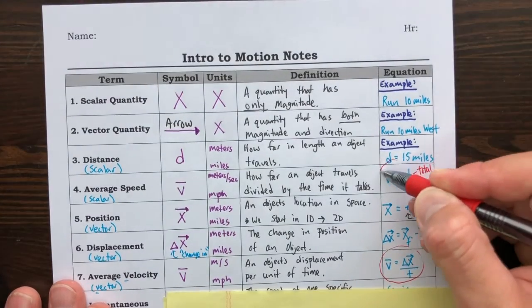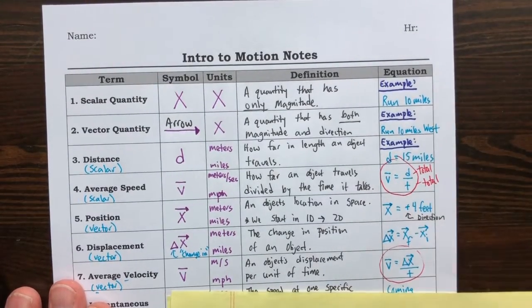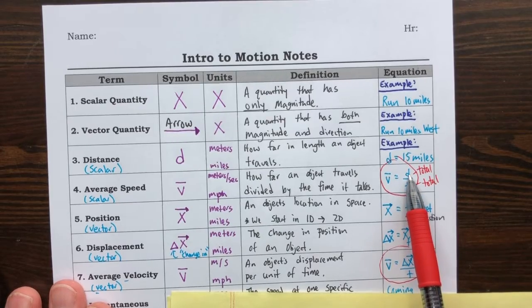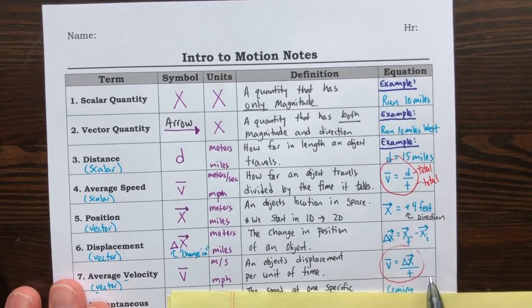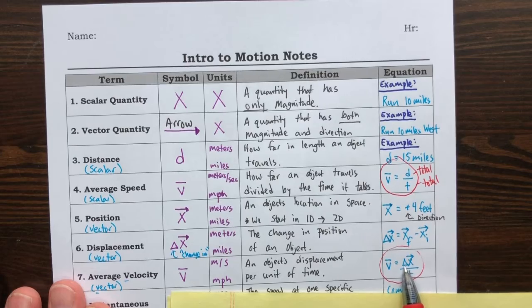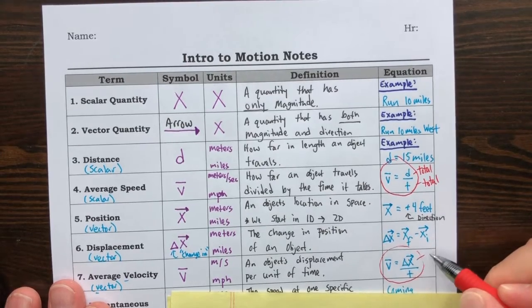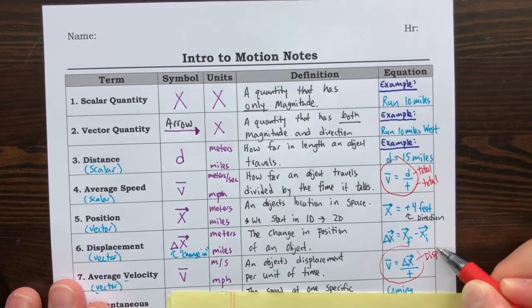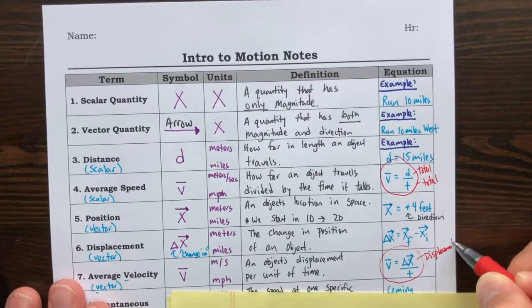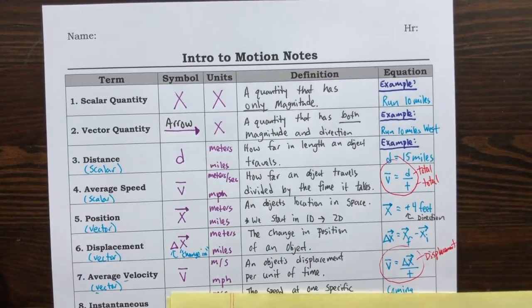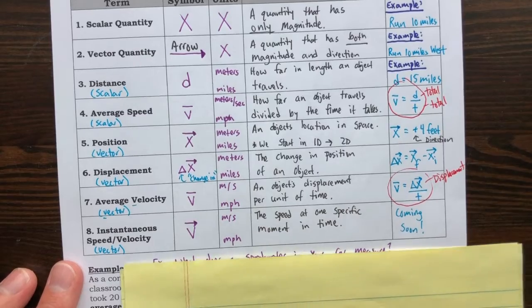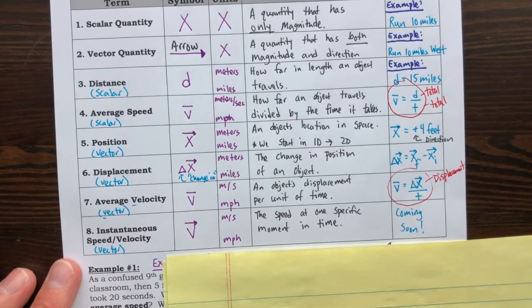And you can see it's a little different, because average speed is just your total distance traveled over total time, whereas average velocity is your change in position, or your displacement, over time. And then our last term on our little chart here is instantaneous speed or velocity, and that's a